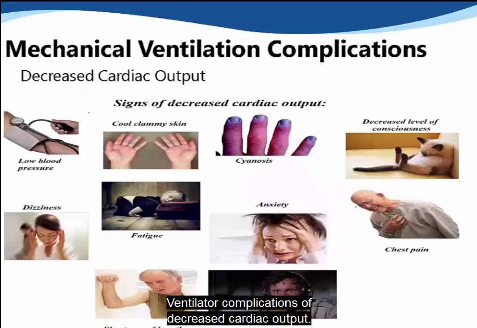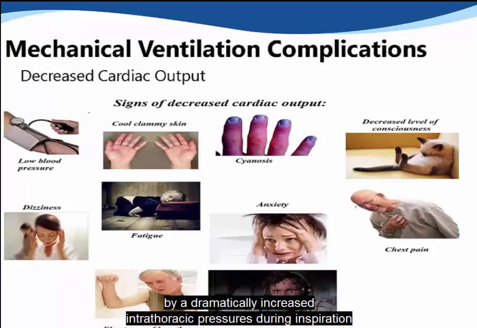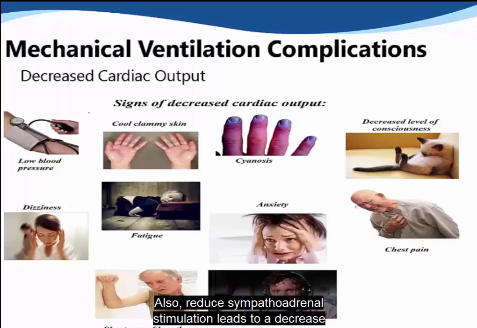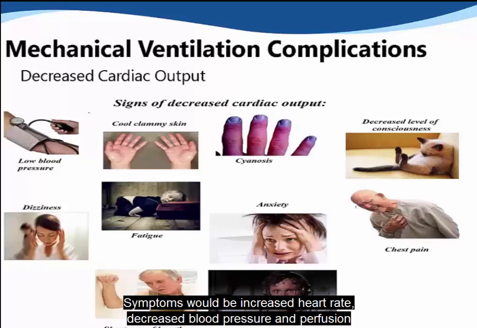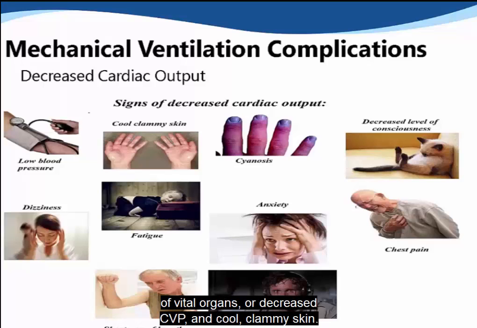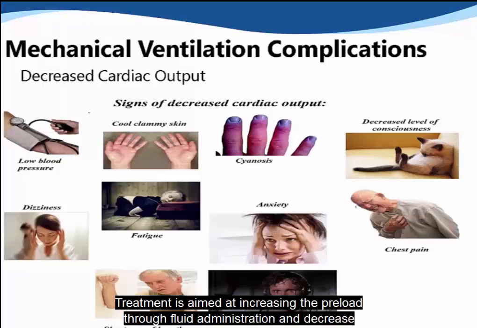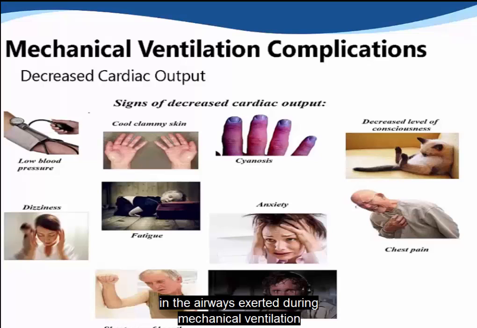Ventilator complications: decreased cardiac output. This is because the venous return to the right atrium is decreased by dramatically increased intrathoracic pressures during inspiration from positive pressure ventilation. Also, reduced sympathoadrenal stimulation leads to a decrease in peripheral vascular resistance and reduced blood pressure. Symptoms would be increased heart rate, decreased blood pressure and perfusion of vital organs, decreased CVP, and cool, clammy skin. Treatment is aimed at increasing the preload through fluid administration